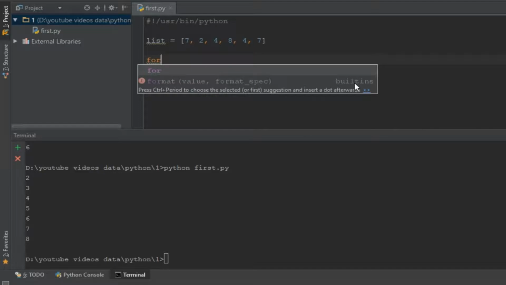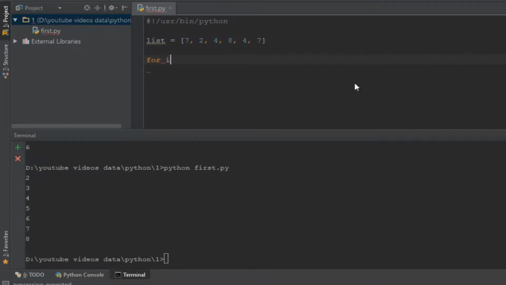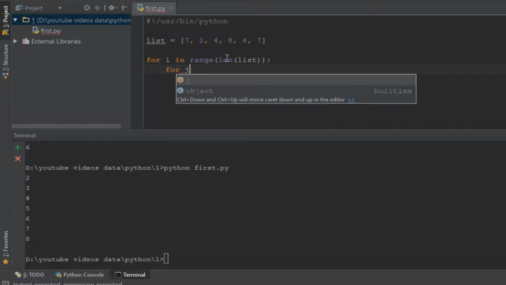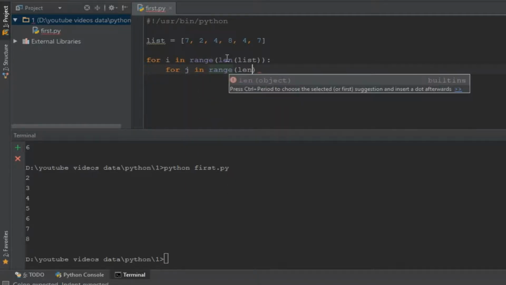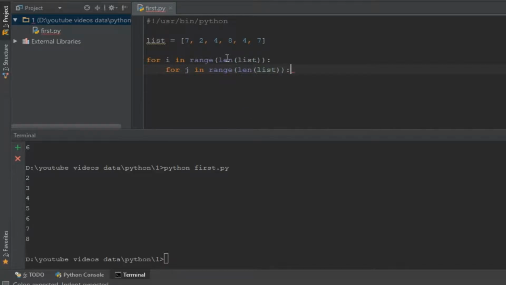So first I will write for i in range, same as I did, len list, and I will add a colon, and inside it I will add another for loop, and I will write j in range len list. Alright, and inside my inner for loop I will write an if condition, and inside this if condition I will check if list i is less than list j,